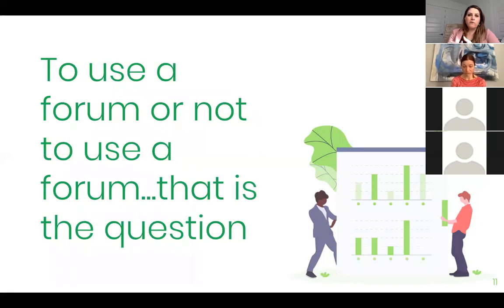What I like to do with forums is ask not so much open-ended questions but more direct questions, and I give a series of questions that students can answer, so they can choose which question to answer. But they must answer one of those questions that I pose, and then they must respond to one other student's response. So there's some sort of a dialogue going on.